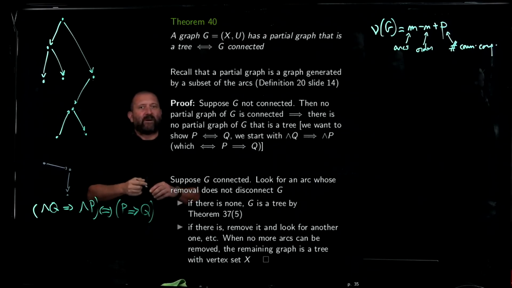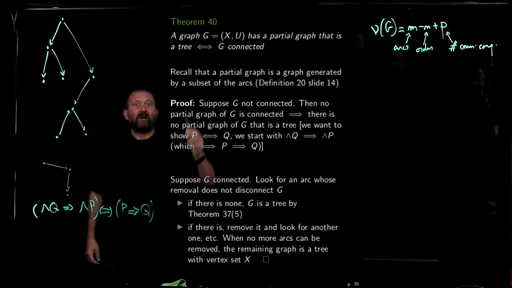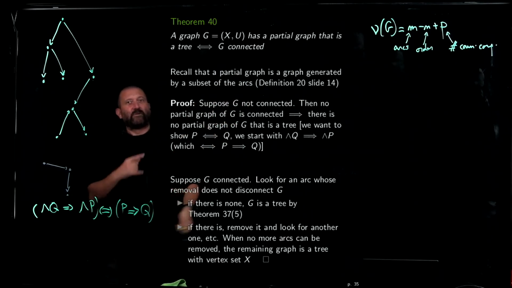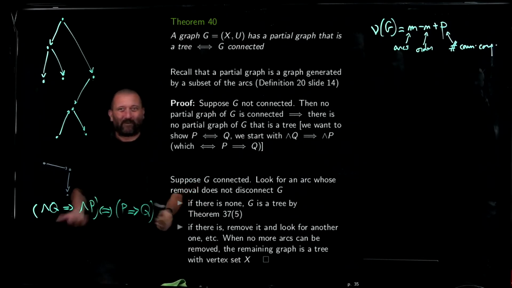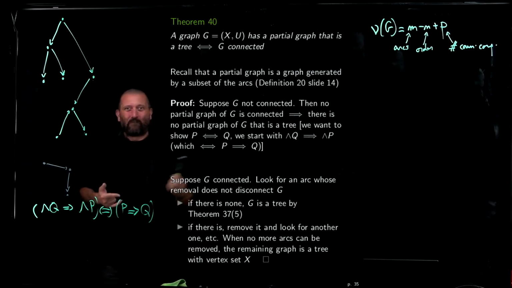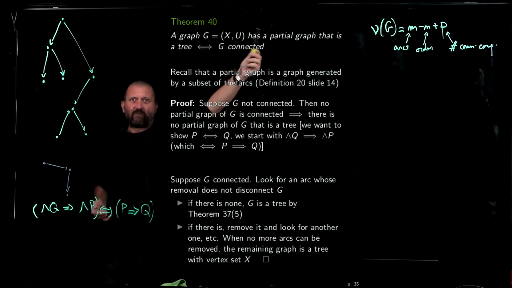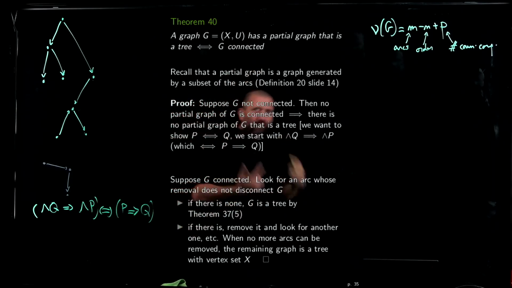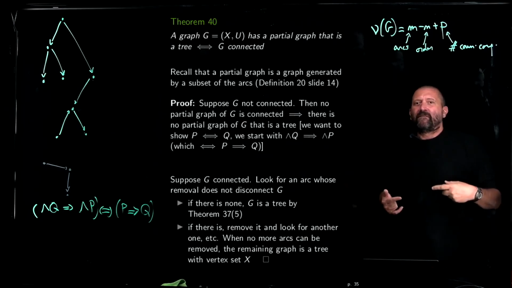So that first part is used to prove that if a graph has a partial graph that is a tree, then the graph is connected. But we're doing it the other way around. We're showing that if this is wrong, then this is wrong. So suppose G is not connected. Then this means that